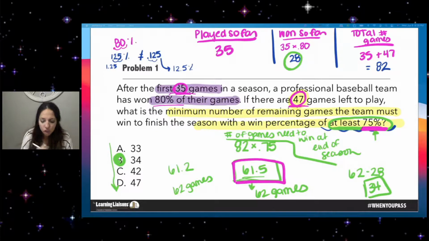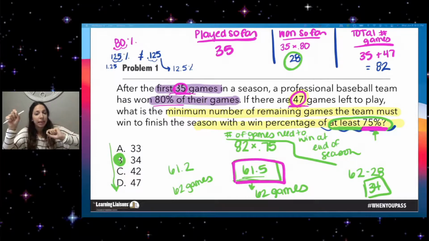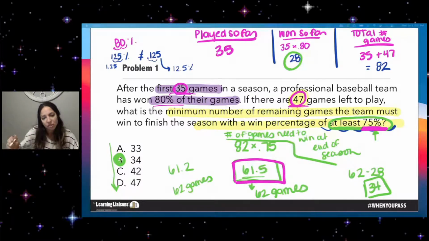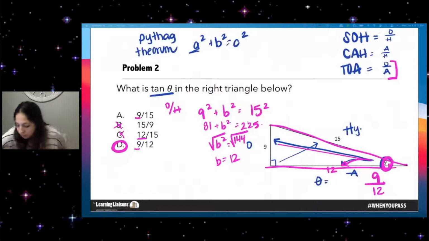Where do I get the 125% from? That was totally just an example because I was talking about percentages and how to convert them to decimals. Is it 35 times 80 means 28? 35 times 80 is not 28. 35 times 8/10, or 0.8, is 28. 35 times 80 is 2,800. All right, let's keep going.